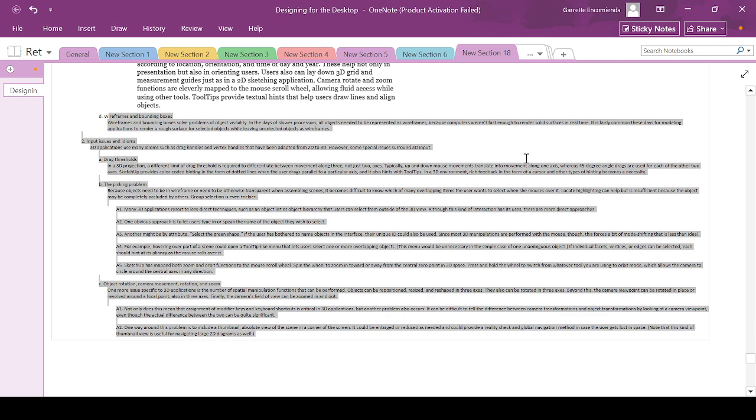So a 45 up and down is for one axis, while the 45 degree angle drags are used for each of the other two axes, whether it's Y or Z. SketchUp provides color coding hinting in the form of dotted lines when the user drags parallel to a particular axis, such as X, Y, or Z. And it also hints with tooltips, like in 2D idioms. In a 3D environment, rich feedback in the form of a cursor and other types of hinting becomes a